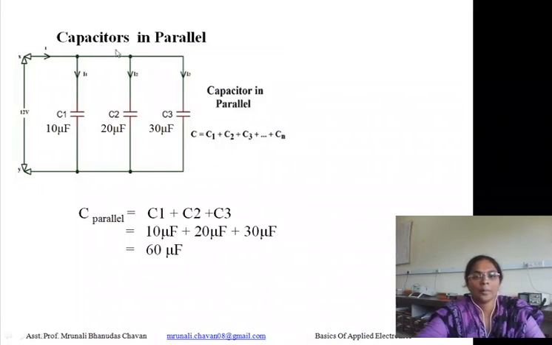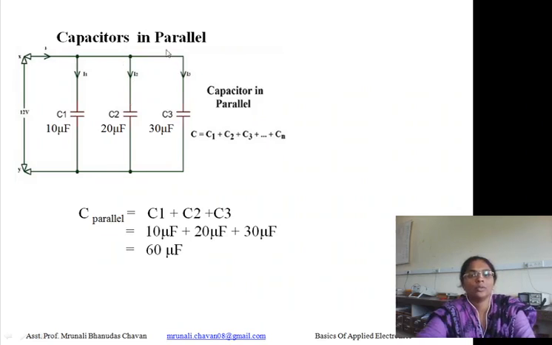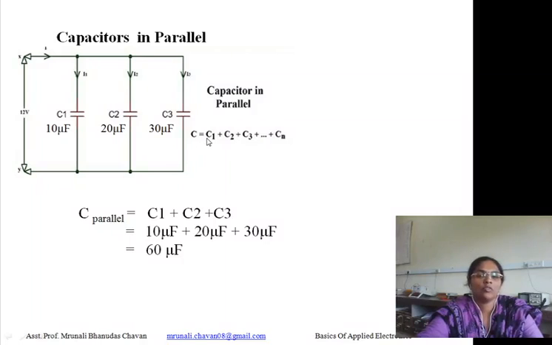First, we will see the capacitors connected in parallel. Here we can see capacitors C1, C2, C3 are connected in parallel. Parallel means, if terminals are connected together, then that connection is called parallel, and the parallel equivalent capacitance is given by the formula C is equal to C1 plus C2 plus C3, and so on for n capacitance. Likewise, for 3 capacitance, we can write the formula as C parallel is equal to C1 plus C2 plus C3,